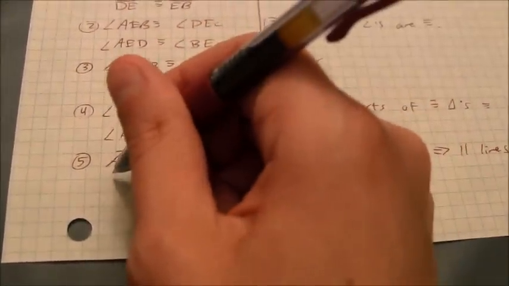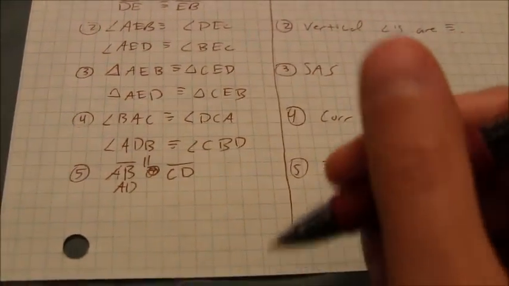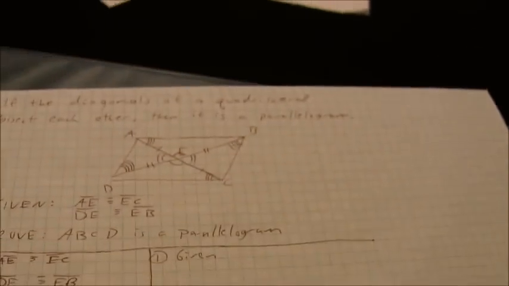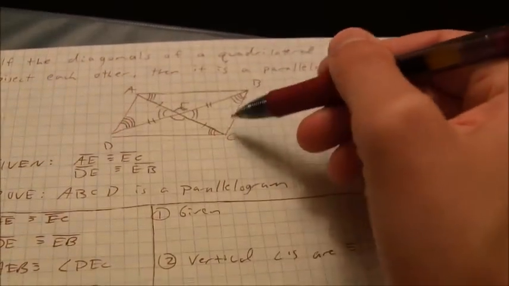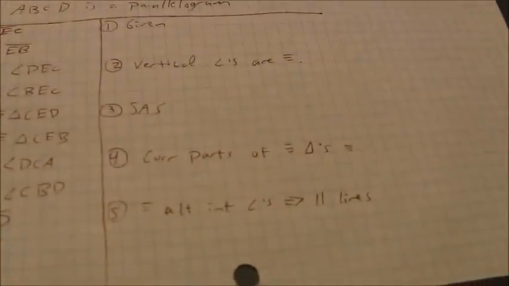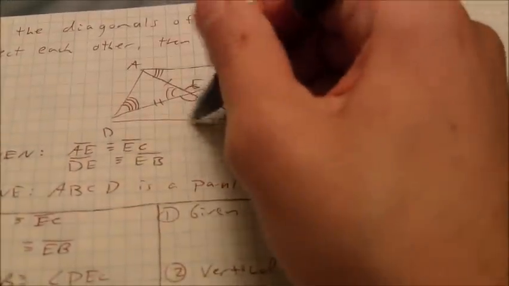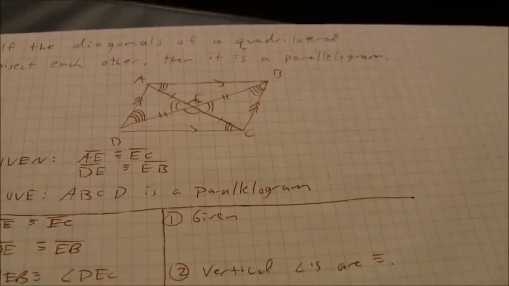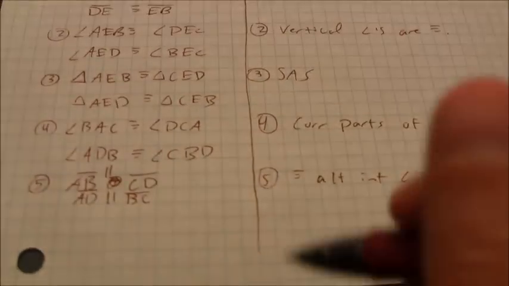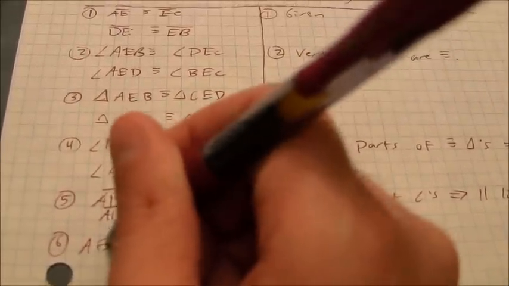and AD, oh, gotta be careful there, sorry, these two lines are parallel, and AD up here you can see is going to be parallel to BC for the same reason, also congruent alternate interior angles. So that line's parallel to that, this is parallel to that, and as a result I've showed both pairs of opposite sides parallel. So ABCD